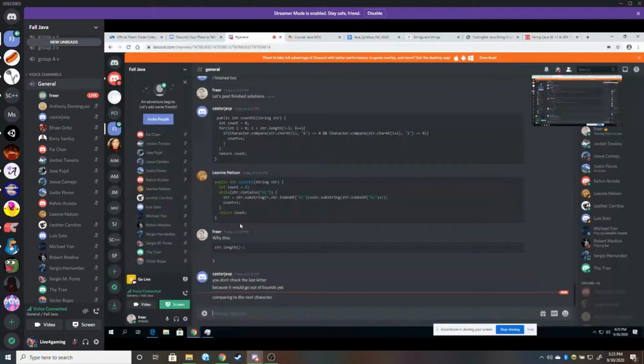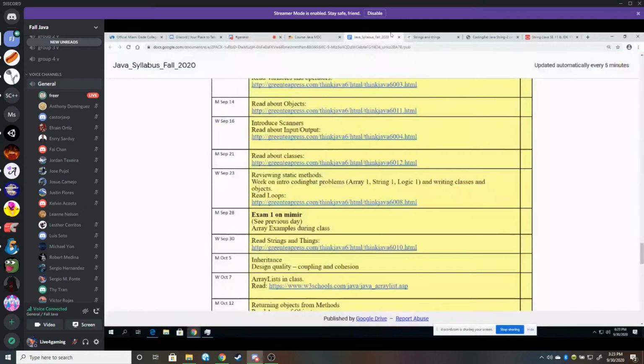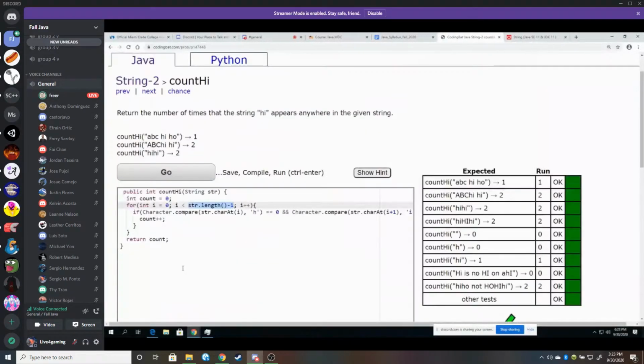So now let's take a look at another solution here. This uses substring and index of. So let's go back to here, paste it out, and we can see while the string contains high, we keep making a new string with the string substring from 0 through the first high, plus the string substring of the string index of high plus 2.